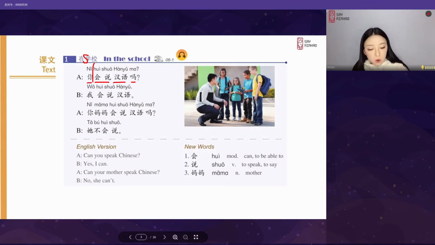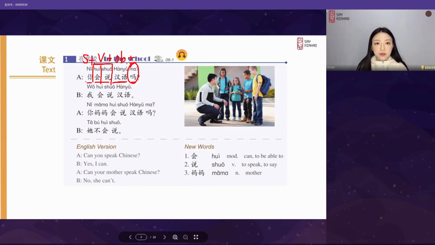你, you. 会说 means can speak, right? We just learned these two new characters in the new words. And 汉语 means Chinese, the language. And ma is the interrogative particle. Every time we see a ma, we can see it is a question, right? So we can see here the structure: the subject plus the verb plus an object and plus a ma